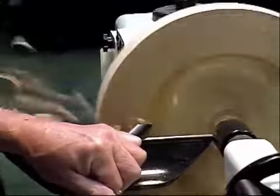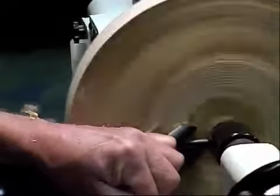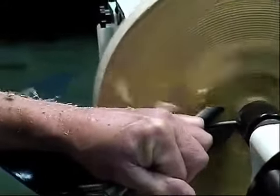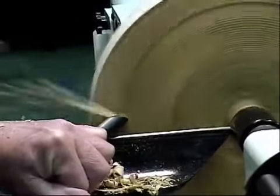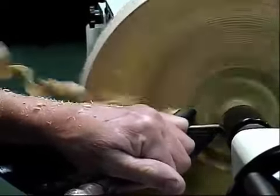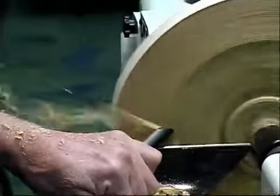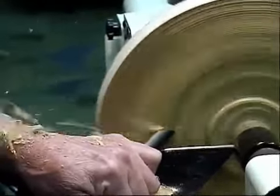All we really need to do is kind of get this round. Looks like we got a knot or two in there. I like the top of my stool to have a little bit of a concave nature to it. In other words, when you sit on the stool,